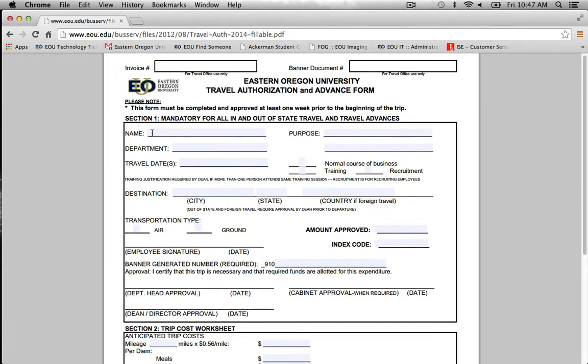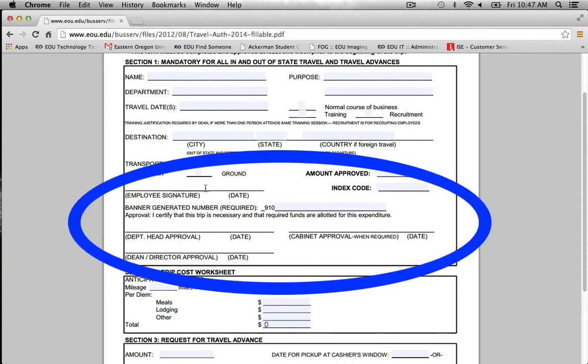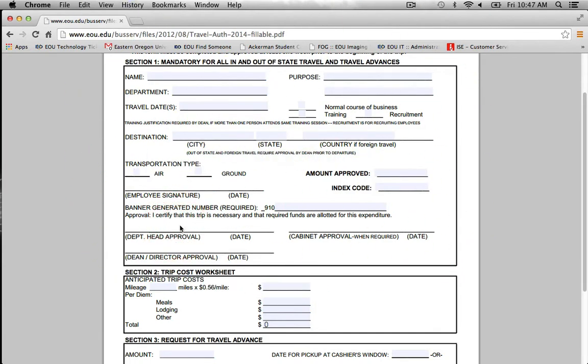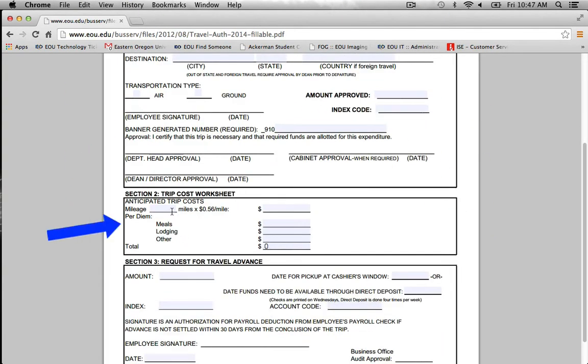So it just gives the basic information about your trip, the purpose of your trip, your name, what department you're from, when you're going, and where you're going. And so then you're going to sign as the employee, and then your budget authority is going to sign under department head approval. Section 2 is estimating your trip expenses. This doesn't have to be exact. If you're driving your own personal vehicle, you can include mileage, and then you should total out any expenses that